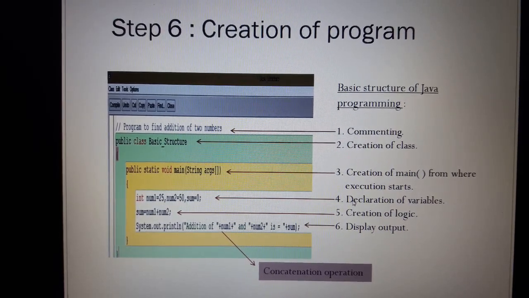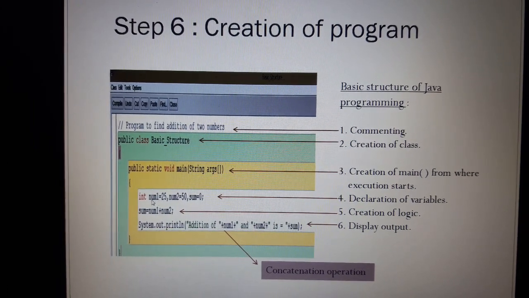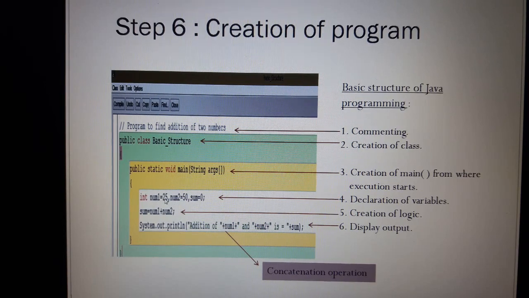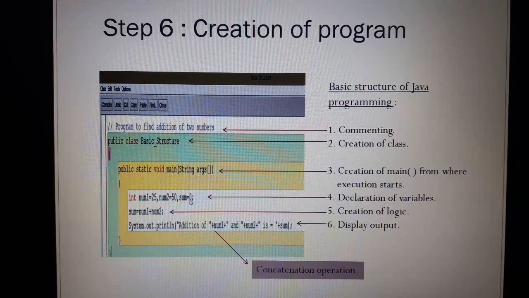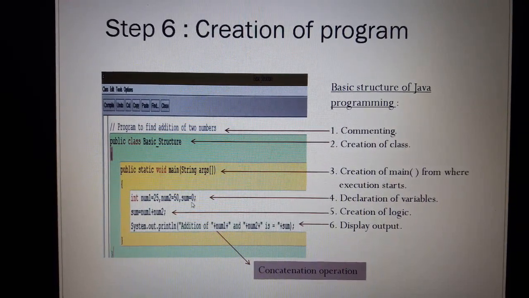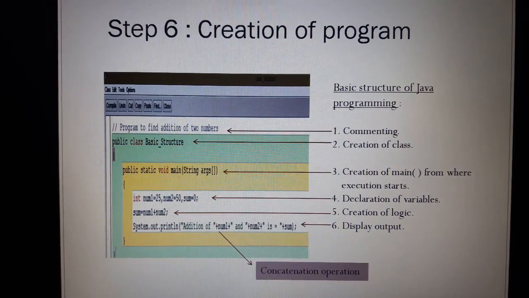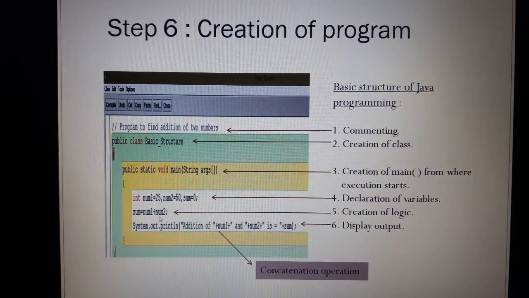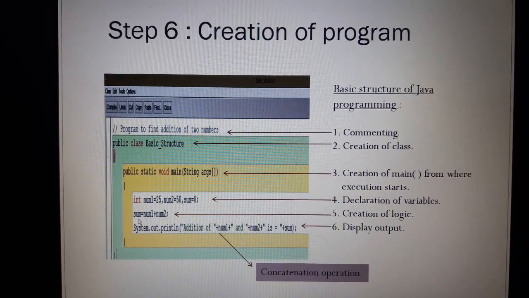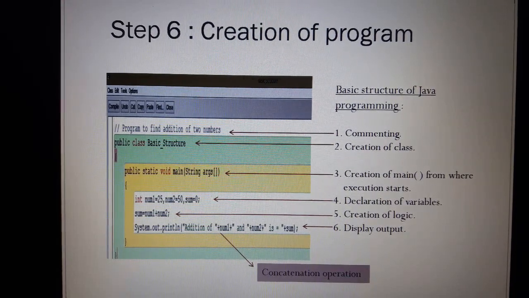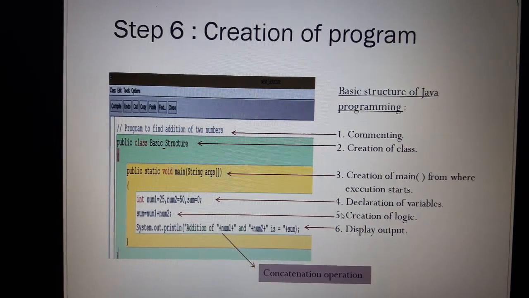First of all, what we have to do, we have to declare a variable. Here I have already declared a few variables. num1 value is 25, num2 value is 50, and sum value is 0. The initial value of sum is 0 because presently I don't know what the sum of num1 and num2 is. After adding both of them, I provided the answer into sum. Sum is a variable which contains the sum of both variables. It is a logic part.